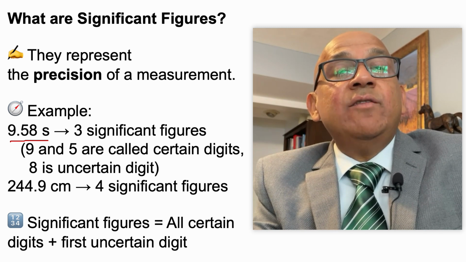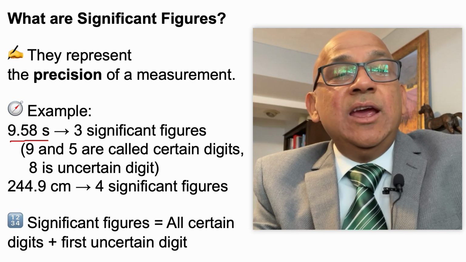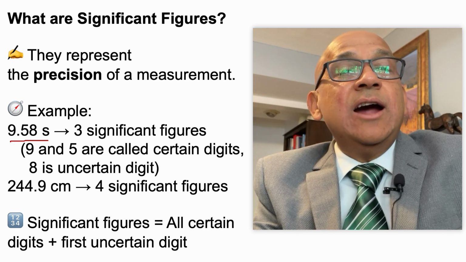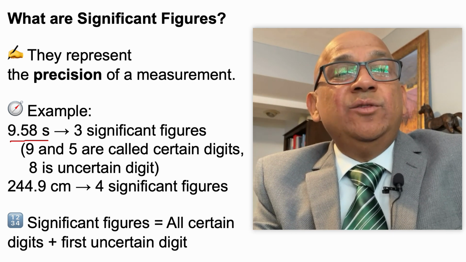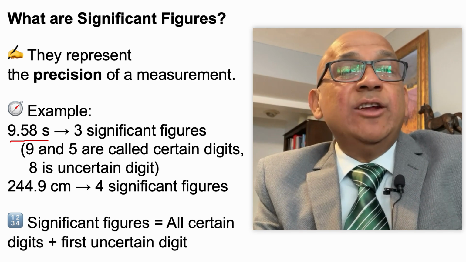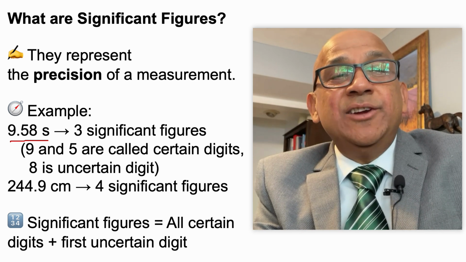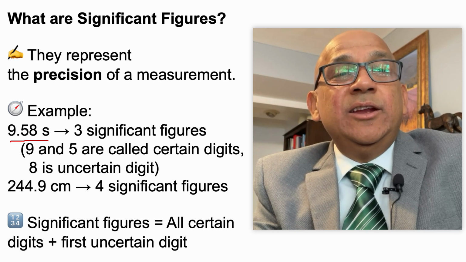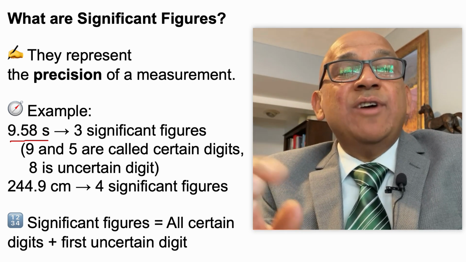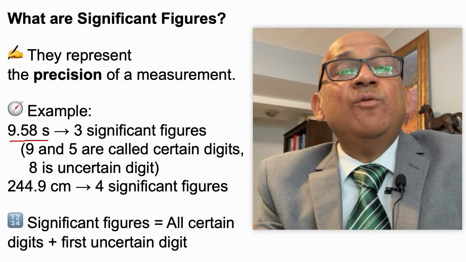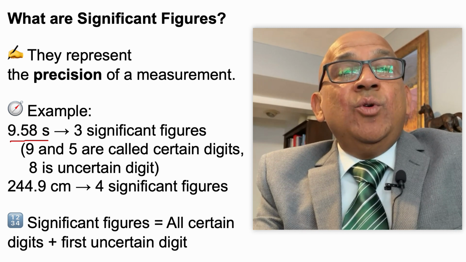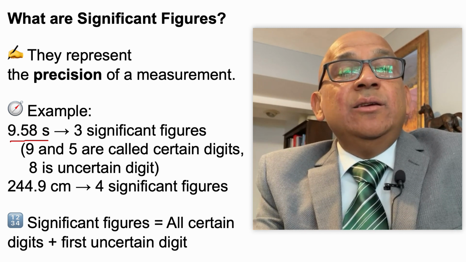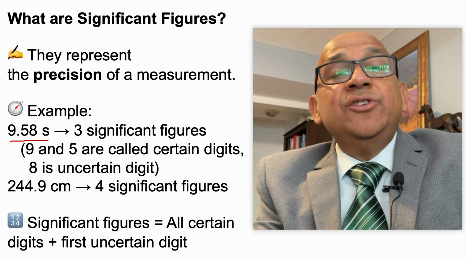Here 9 and 5 are called certain digits and 8 is called the uncertain digit. So it means when you say the time is 9.58 seconds, then the last digit is uncertain. It can be 9.57 or it can be 9.59. Okay. Similarly, the world record for the high jump is